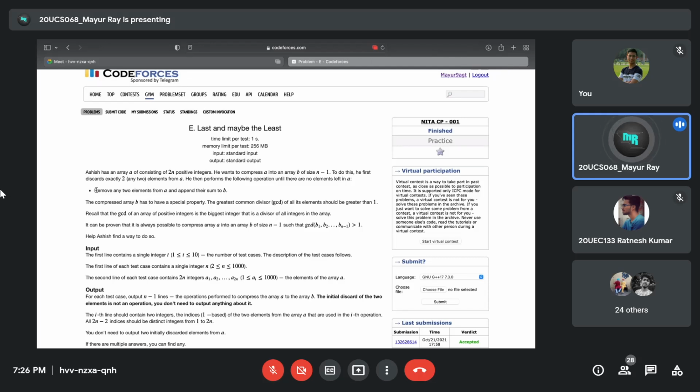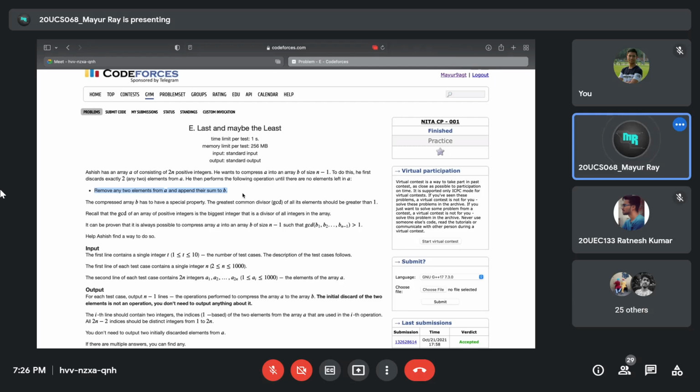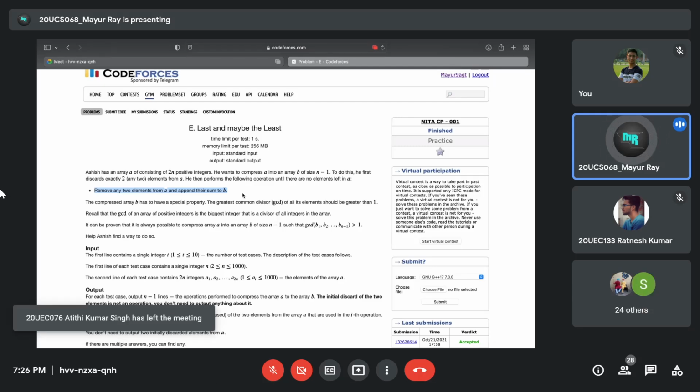He will remove any 2 elements from A and append their sum to B. From those 2n minus 2 elements, he will take 2 elements at a time, take their sum and add that number into the array B, and remove those 2 elements. Since there are 2n minus 2 elements, the new array B will contain n minus 1 elements.